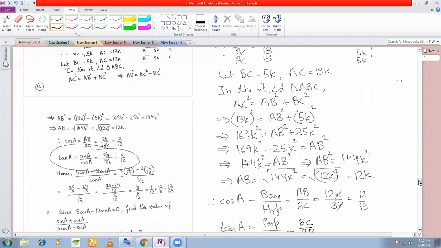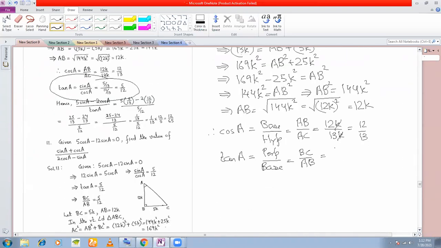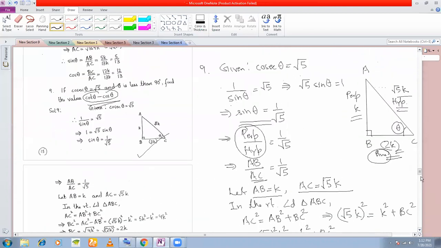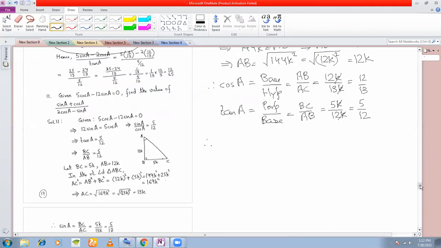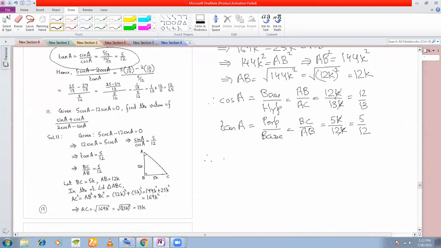So BC here is 5K, AB here is 12K. Okay, so this cancels. So you get 5 by 12. So I've got cos A and we have got tan A. So therefore, what we have to find here? We had to find out 5 sin A minus 2 cos A